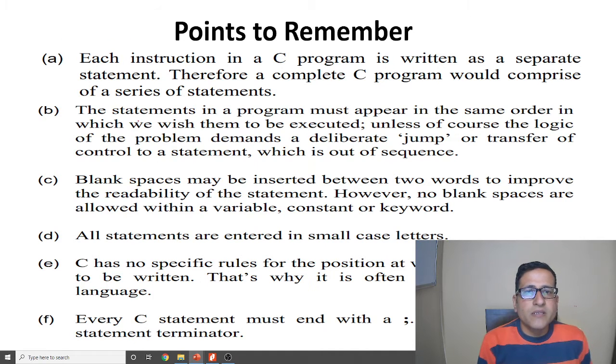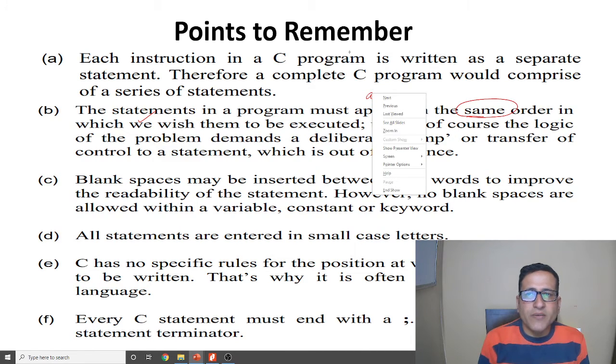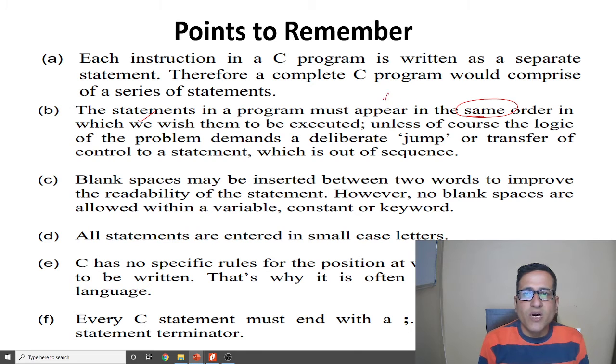Next is the statements in a program must appear in the same order. Means if we want to add two numbers first, then that statement should come first, and if we want to subtract these two numbers, then that statement should come after that, and if we want to multiply, then that will be after.